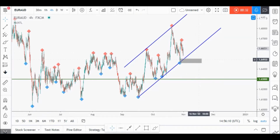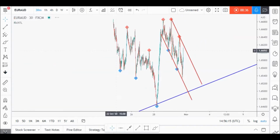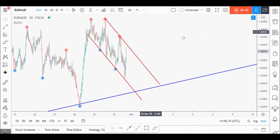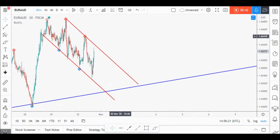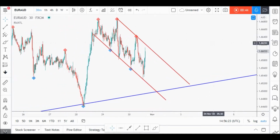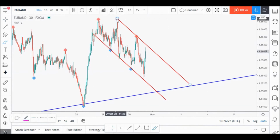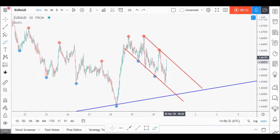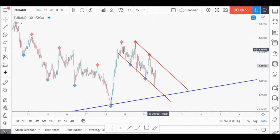Meanwhile, as mentioned before, we are overall bullish here, and let's zoom to lower time frames and look for potential buy setups. As you can see, this one is overall bearish from a short-term perspective, making lower lows and lower highs on M30 time frame, forming this red channel. So we'll be waiting for a third swing to form